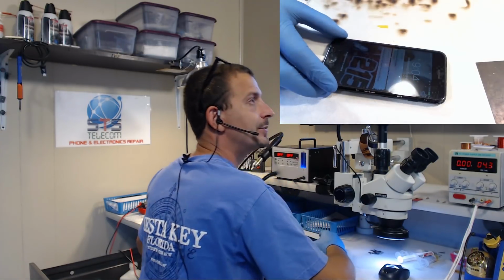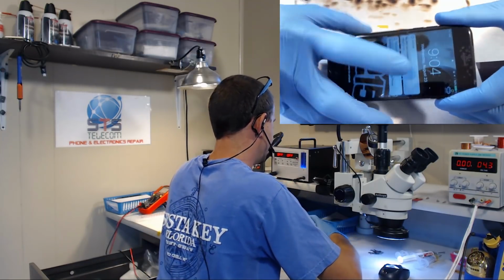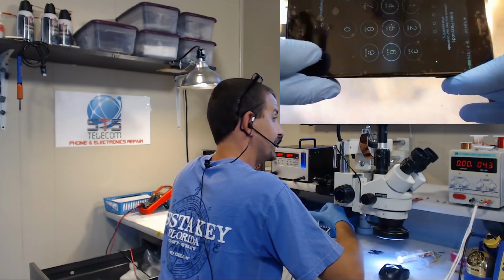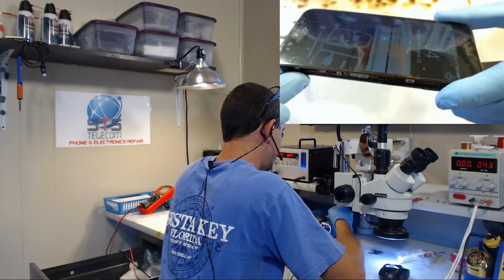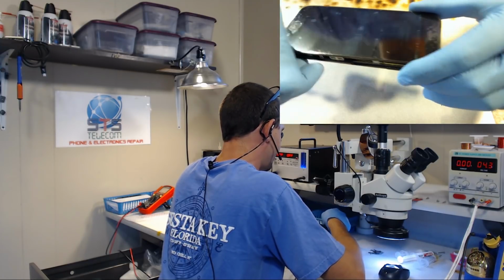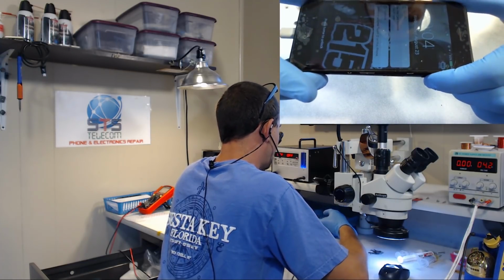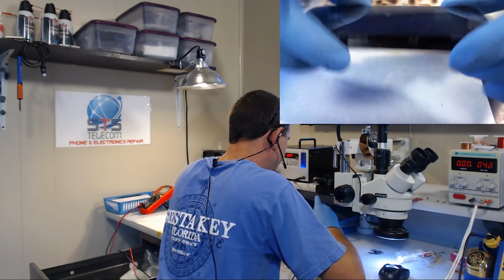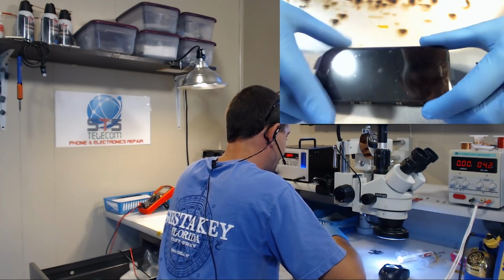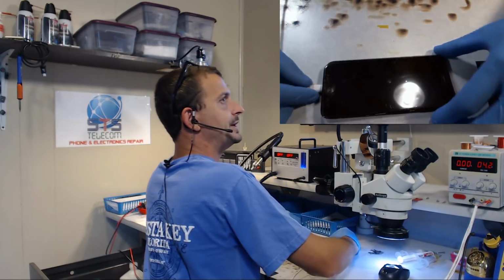Alright, I don't see anything incriminating on the screen, so I can show you that this screen does absolutely, positively, and totally work. We're up to a passcode. And I'm going to go ahead and slide the power off. I don't know if I have a passcode for this one, but I am going to say that this is going to be,